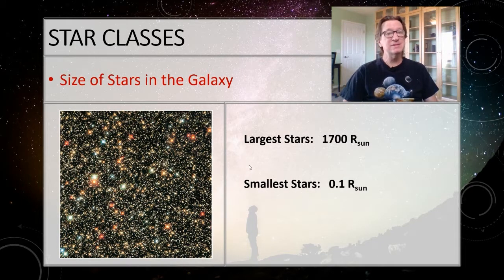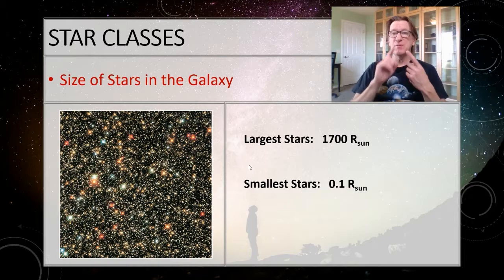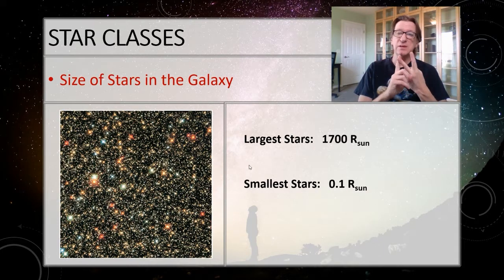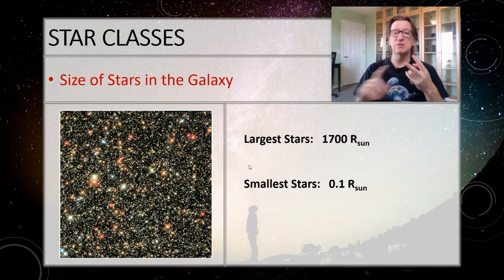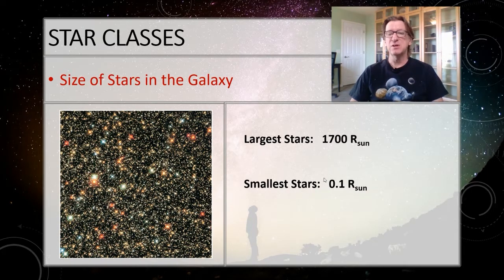You also know how to calculate the size using the Stefan-Boltzmann law. Remember, if I know the luminosity and I know the temperature, then I can use the formula to get the size. Once I do that, we find that the smallest stars are about 1/10 the size of the sun. These are pretty tiny, like Proxima Centauri next door to us. The largest stars are about 1,700 solar radii, and there are not very many of these. Ones greater than 1,000 solar radii are pretty rare, but that's the largest stars that we've found so far.